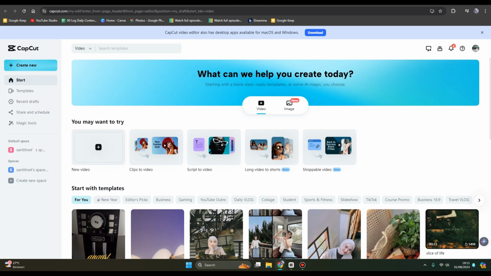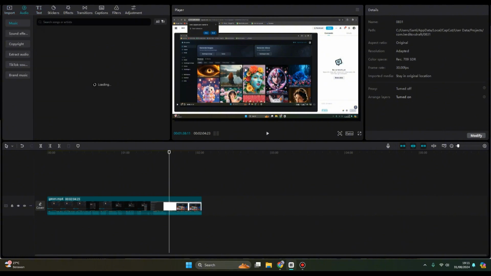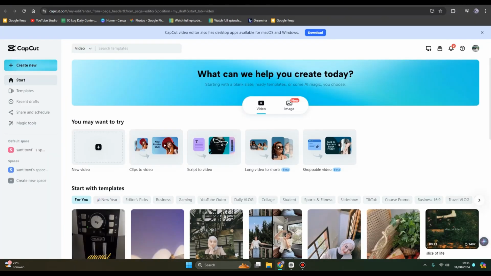On today's tutorial, I'm going to show you how you can fix cannot export or save SRT subtitles on CapCut PC. So if you want to only export the subtitles, but you cannot do that on the CapCut PC in here, so when you try to export only the subtitle, there is no such option, or you cannot find the option to export it. You can just use the CapCut online, or you can just use the CapCut on your